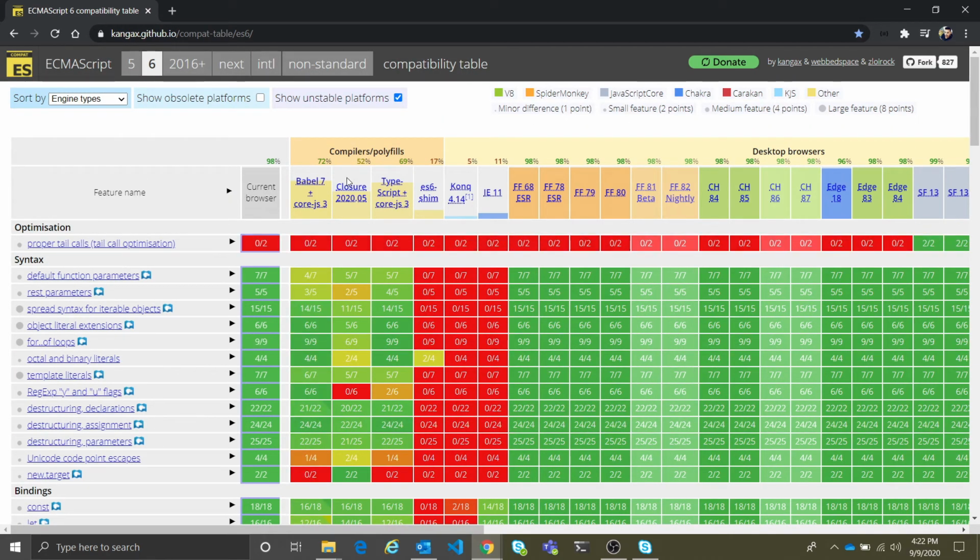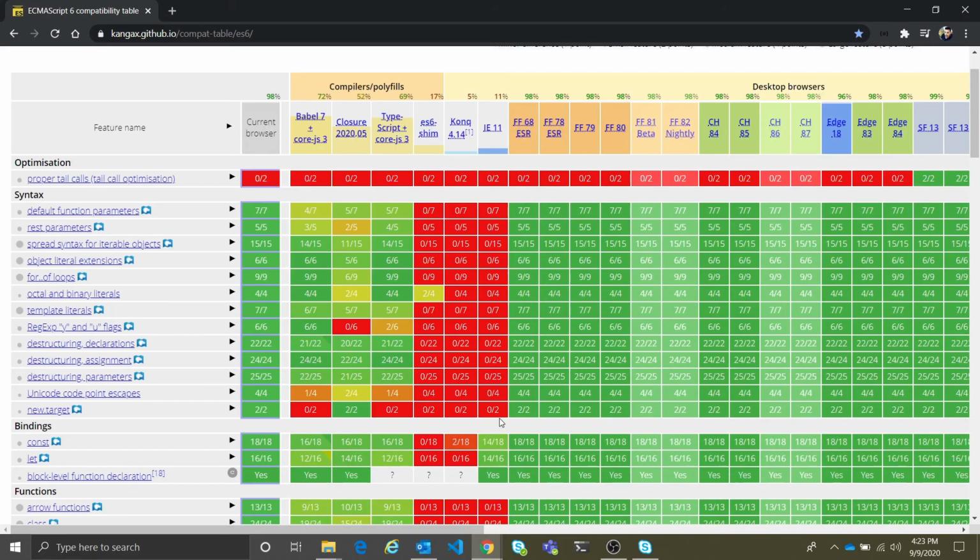You can visit this site and check which feature is supported by which browser, so that you can compare and use it in your application to support the browsers. This is IE11, which we are going to leave behind in 2021, as Microsoft is killing that browser.